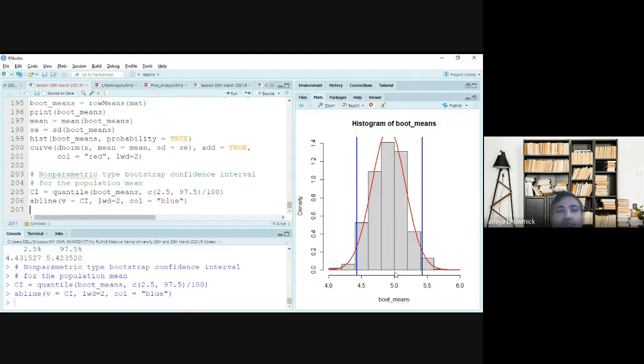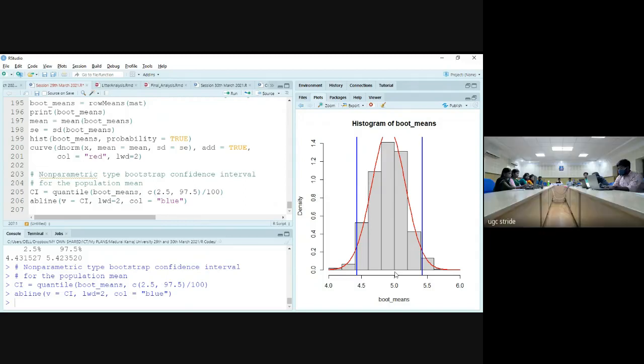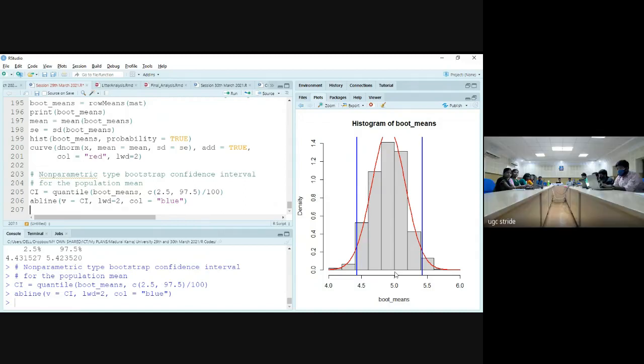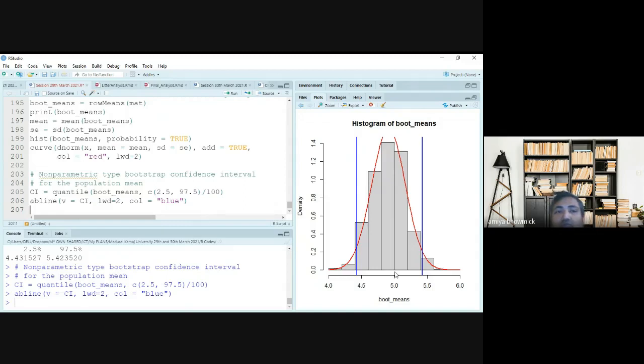With very little time we cannot talk about so many things, but this is very important. When you have small data in your research problem, many times you do not have adequate data, and you are not in a situation to put some kind of assumption about the population you are investigating. In that case, it is always better to go with bootstrap testing.